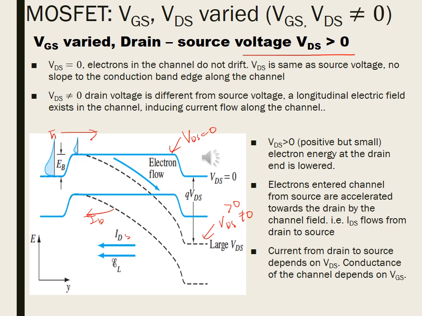When no VDS is applied, electrons in the channel do not drift. VDS is the same as the source voltage, thus there is no slope to the conduction band edge along the channel. When VDS is non-zero, the drain voltage is different from the source voltage, a longitudinal